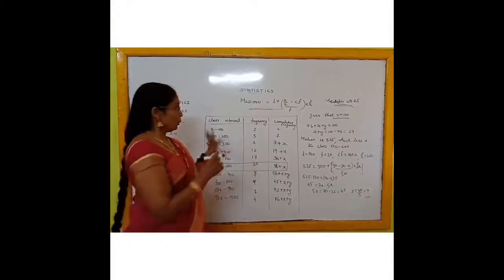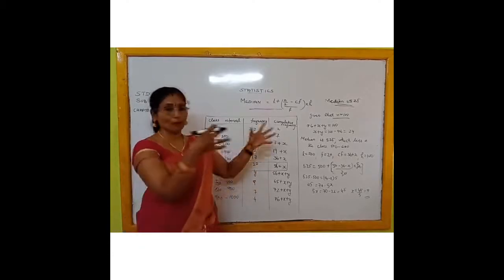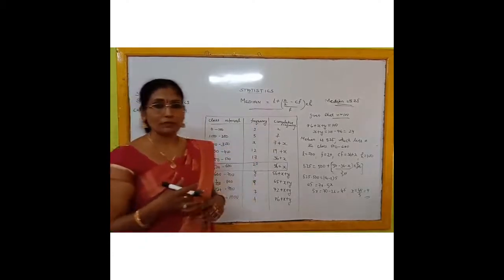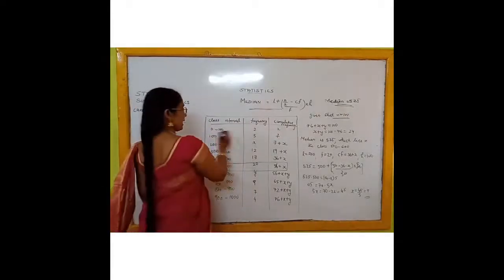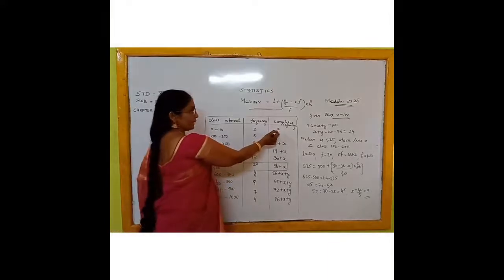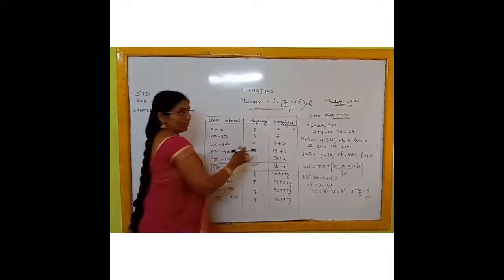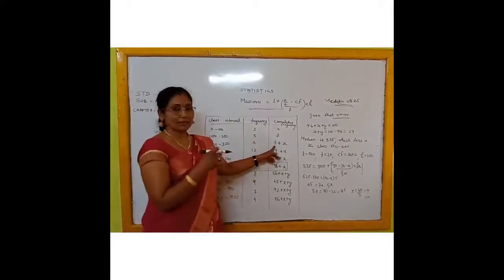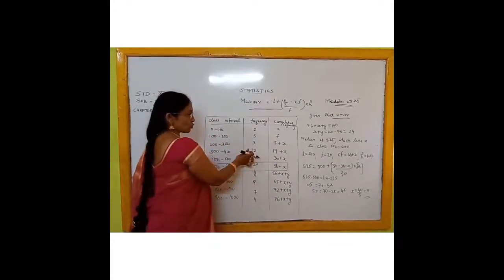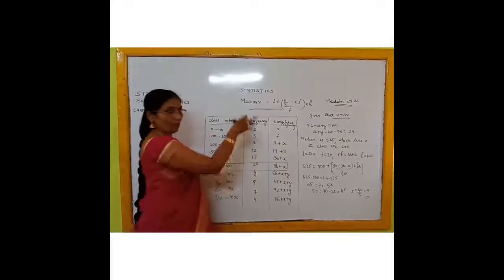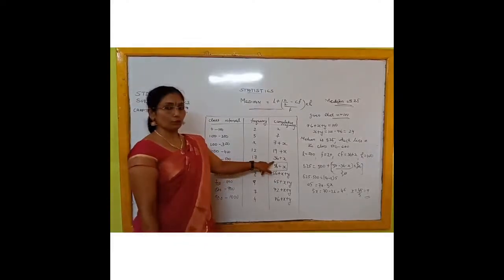Carefully, children. Just like the previous class, how to find the median? One more column you have to add, and that column is cumulative frequency. Then you have to find that cumulative frequency. The first class frequency, the same frequency will come. The second will be 2 plus 5, 7. Third, 7 plus x. You know that x is a variable, therefore you cannot add it with the number, so you write 7 plus x only. Again next, 7 plus 12, that means 19, 19 plus x. Now x will continue. Next, 19 plus 17 is equal to 36 plus x.